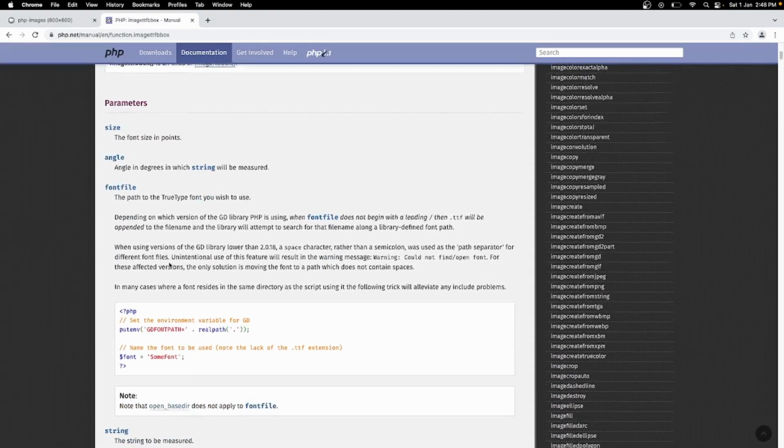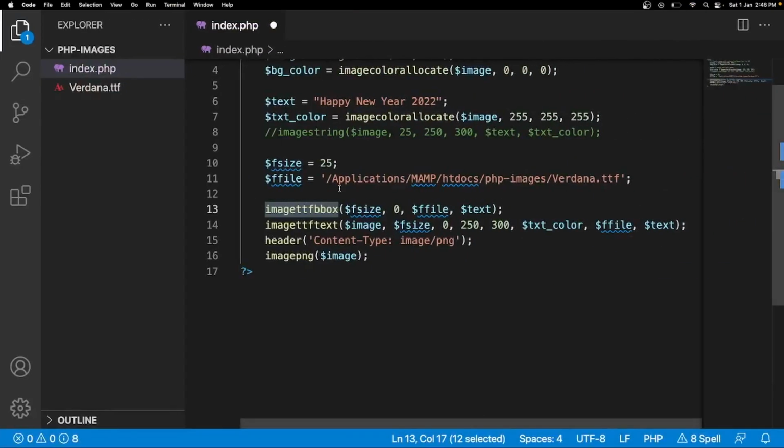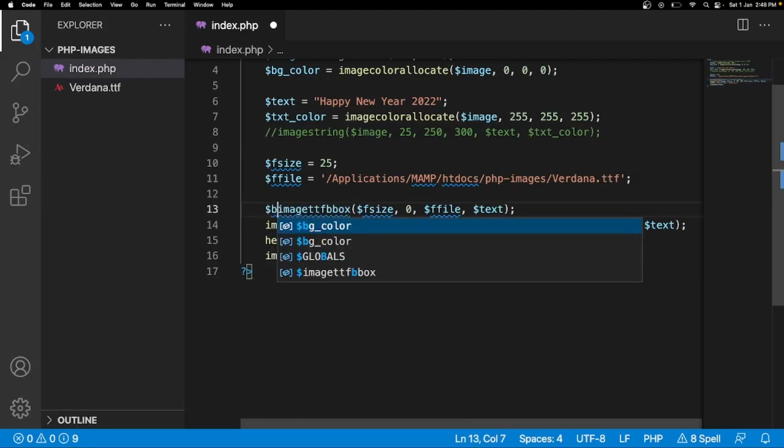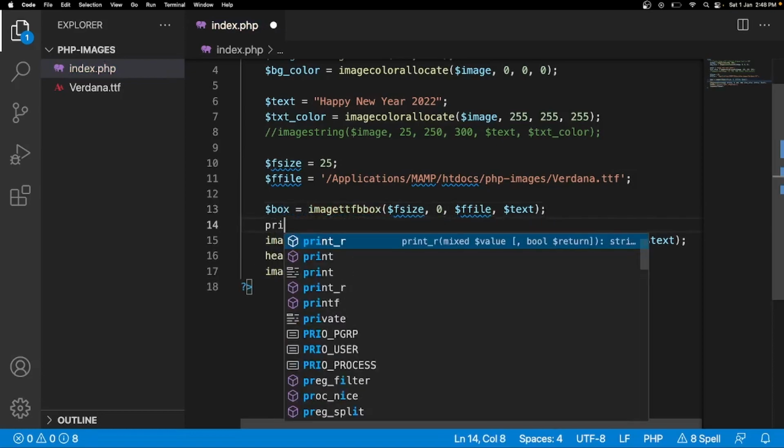And here if you go down, you can see this function will return an array of 8 elements representing 4 points, making the bounding box of the text on success, and on error it will return false. So we are going to get all these values, and let me show you how this value will look. You can create one variable here, say $box equal to this, and if you just print it